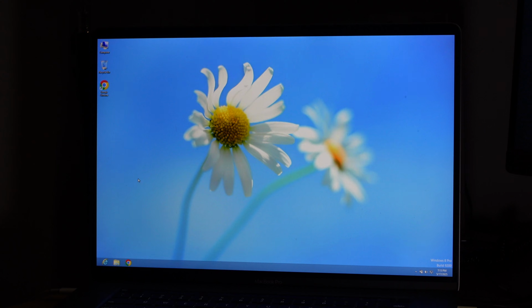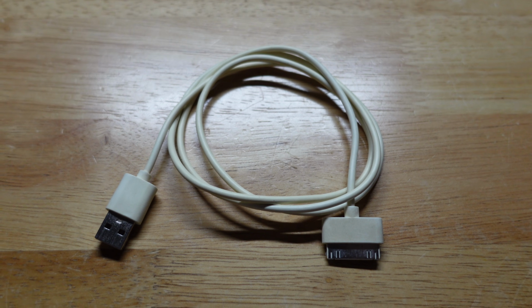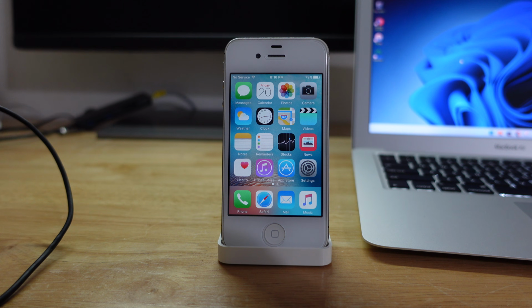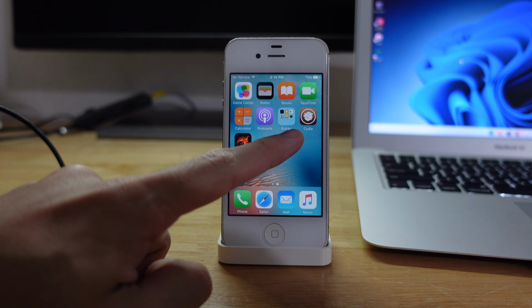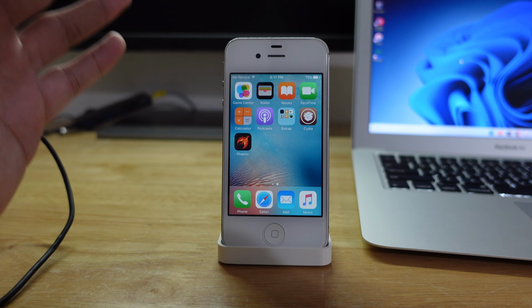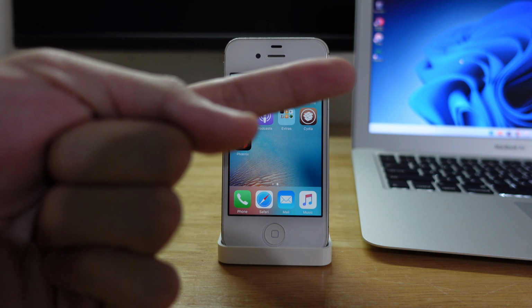You need a Windows computer that runs Windows 7, 8, 8.1, 10 or 11, a 30 pin to USB-A cable, and your iPhone 4S obviously. So let's get started. Alright, first of all, you gotta make sure your iPhone 4S is jailbroken. I made a tutorial top right there. It's for Windows. I'm gonna use Windows for the downgrade anyway, so might as well just use the Windows method